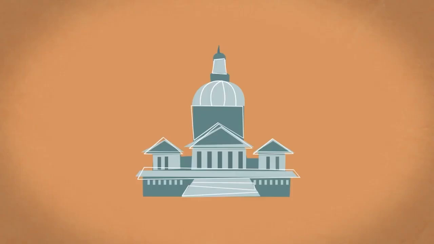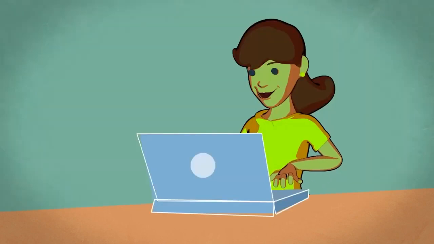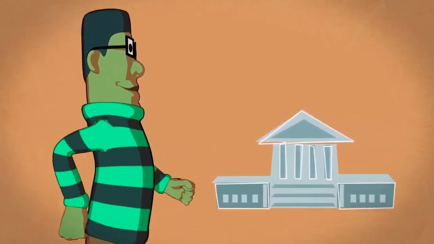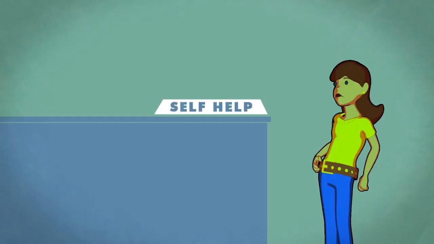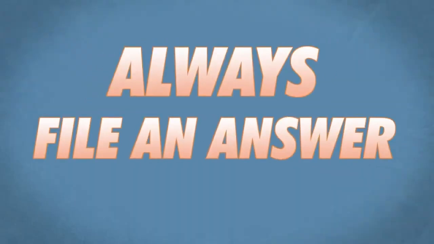You must file either a general denial or an answer at the courthouse that is listed on the complaint. You can go online to the Superior Court's website or go to the courthouse to get a document called the answer and fill out and file. Some courthouses have self-help centers and give free assistance in preparing it. If you have access to a computer, you can also do the answer yourself by going to tools.debtcollective.org. Always file an answer. If you don't file it, you will lose automatically.